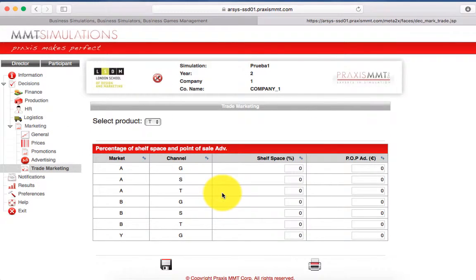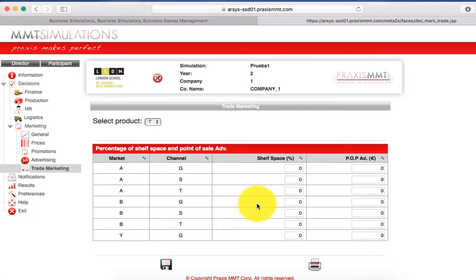Finally, in the trade marketing menu, this is like a negotiation decision process. What you have to input here is your proposal to the retailer, and you can do it by retailer and by market, as you can see. What you are going to put here is the data about the negotiation that you want to have with your retailer partner.